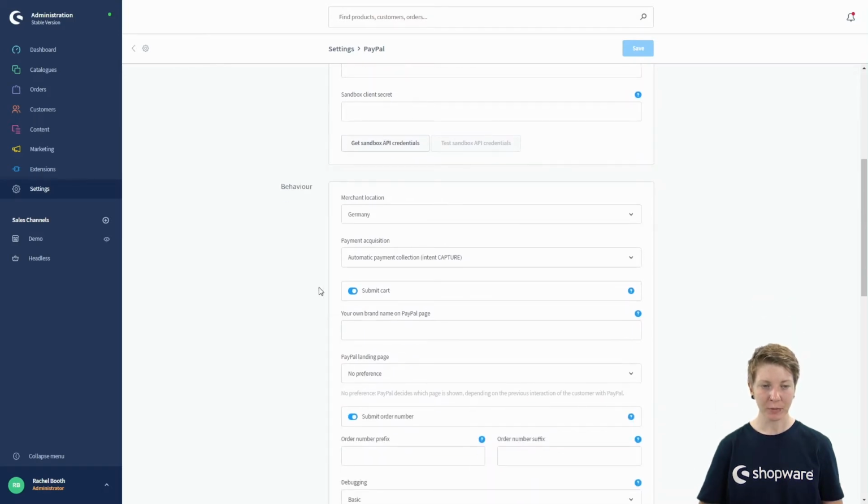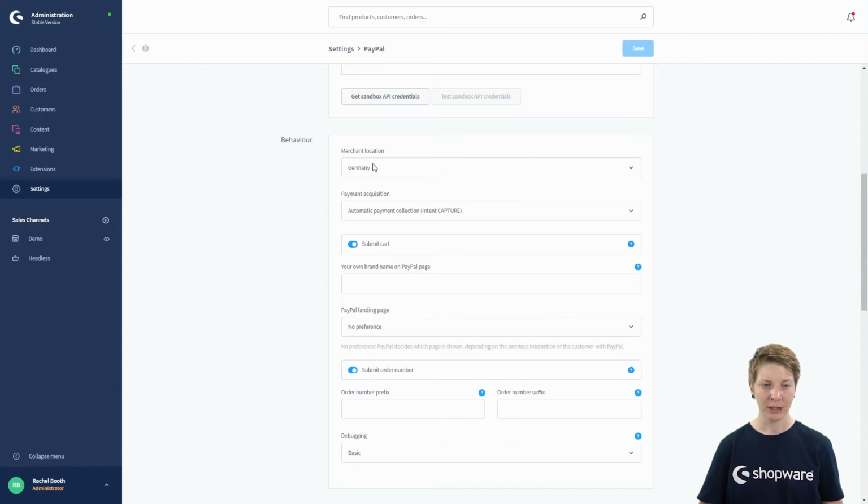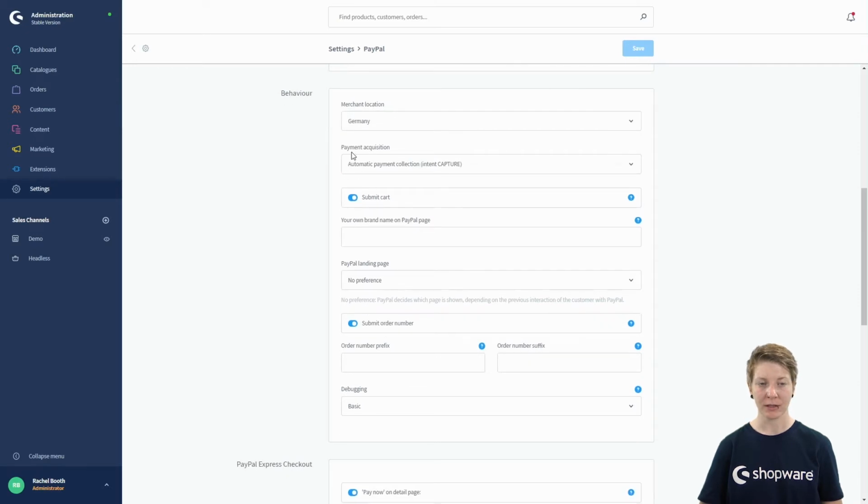In the next step, we've got the behavior. Here we select our merchant location. And in the payment acquisition step, we select or define whether we want the collection automatic or manual. The automatic payment collection, for example, is for when it is closed.